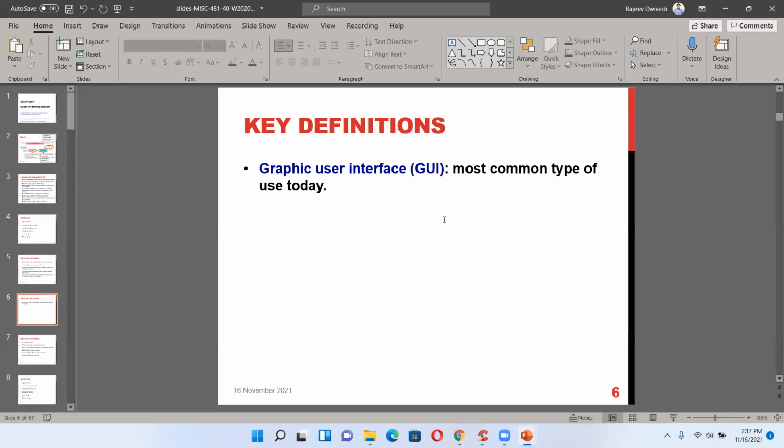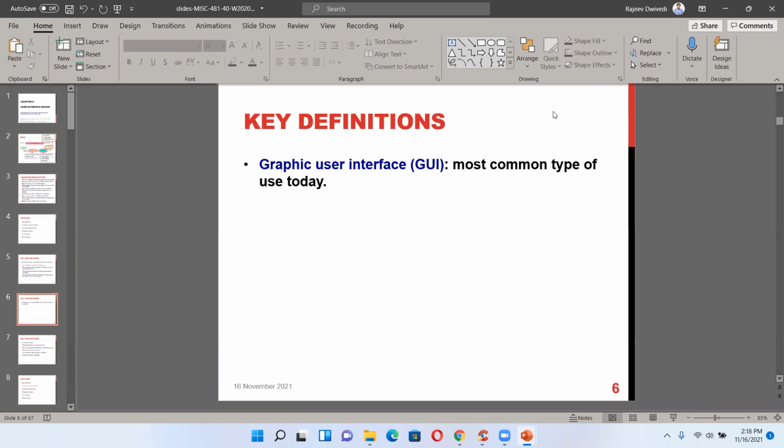Graphic user interfaces. And nowadays you can see we just visited these two websites, King Fahad University of Petroleum and Minerals and Amazon.com. They are all graphic user interfaces. Nowadays we are not putting any information in terms of DOS commands, but everything is click based on graphics.